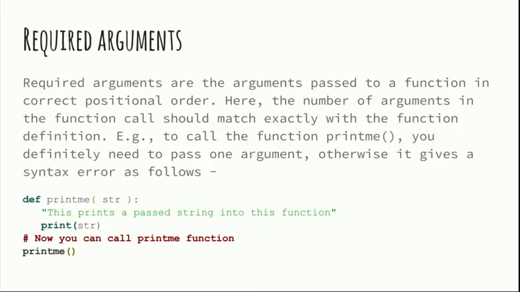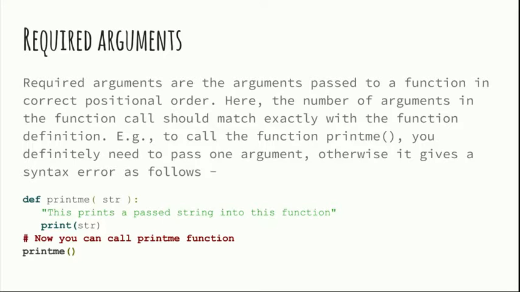Now, required arguments. Required arguments are the arguments passed to a function in the correct positional order. Here, the number of arguments in the function call should match exactly with the function definition. Example: to call the function printme, you definitely need to pass one argument, otherwise it will give a syntax error as follows. The error will be